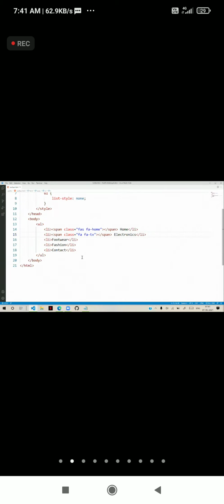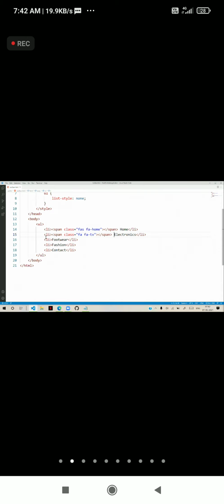So sometimes you cannot use just FA; FAS, FAB completely you have to use. Once you get experience in using different symbols, you can remember them. Otherwise, even if you have experience, some symbols we can't remember. So many hundreds will be there. So spellings, spaces, some issues will come. That's the reason you can search for your image, get its class name, and use it.